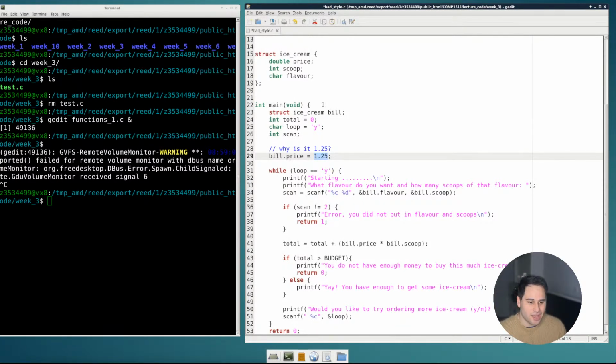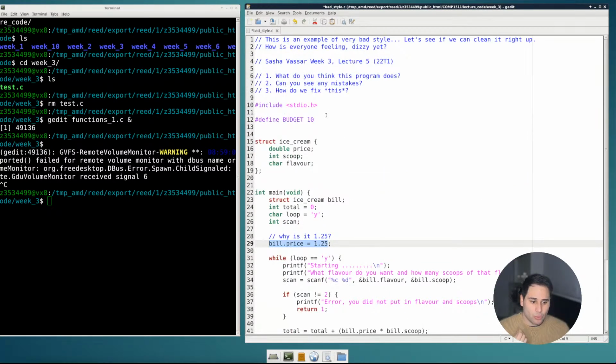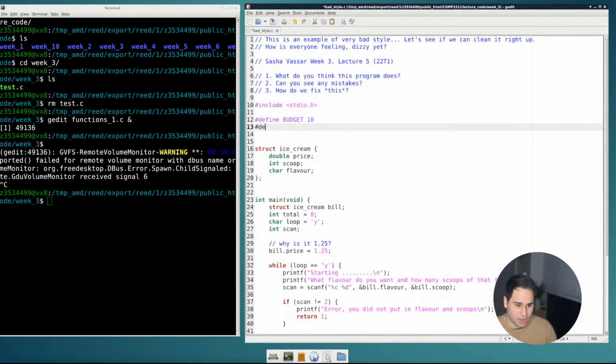What 1.25? I have no idea. I literally don't understand why it's here. There's probably a good reason. Maybe if we read the rest of the function or the program, we'll figure it out. But it's a magic number because it's just been plucked out of nowhere. What probably should happen here, if we do want to do this, is we should have something up here like a hash define,